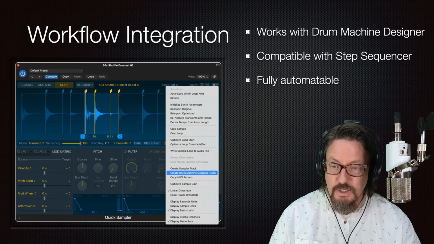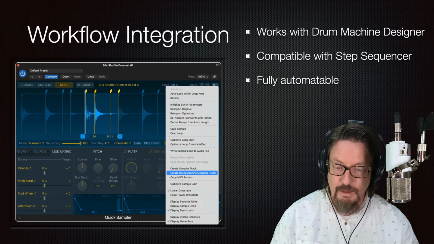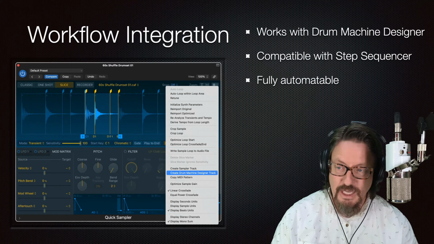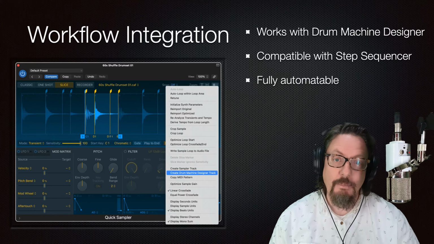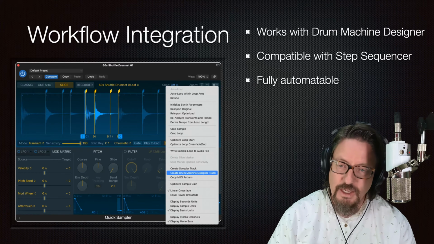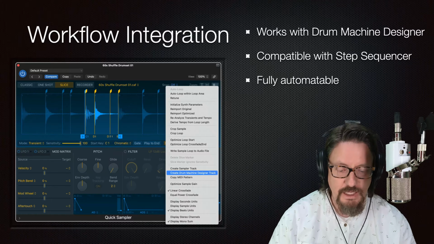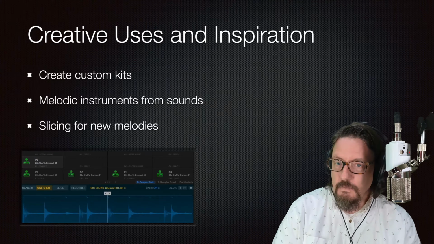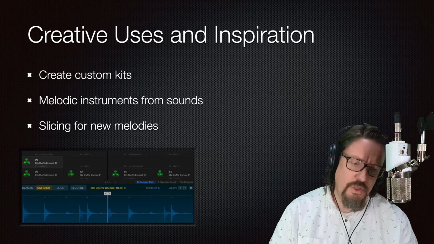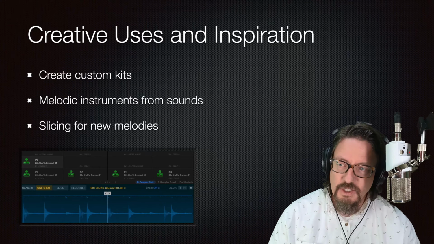All of this, of course, is compatible with the step sequencer in Logic. You can load that up and trigger the different slices. They're all attached to MIDI notes. You can automate functionality here. This is just you can take advantage of all the powerful things inside Logic and use them together as a full system. With this, when you are thinking about this, you could use one recording of a bunch of different